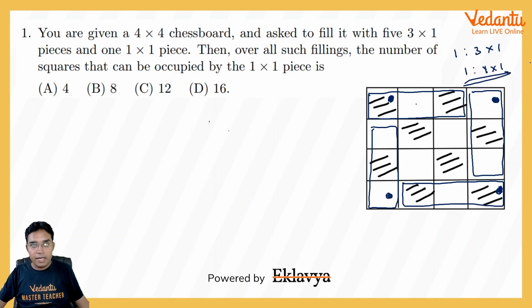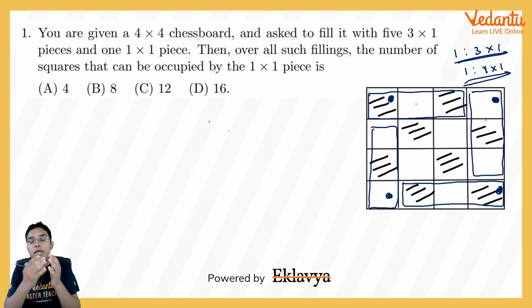So theoretically you can see I am still having sufficient material to cover 4 boxes of this chessboard, but out of this 3:1 piece, having a dimension of 3 in one direction and length 1 on the perpendicular side, this 3:1 piece cannot cover these